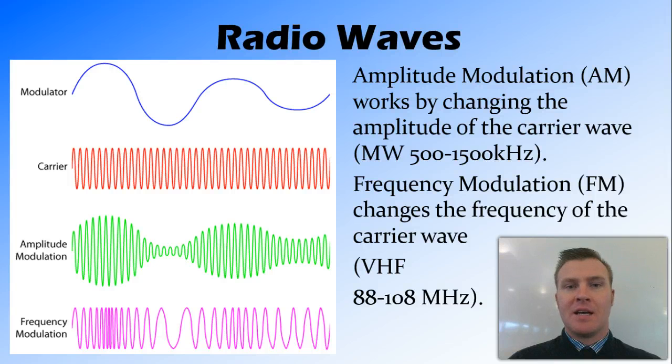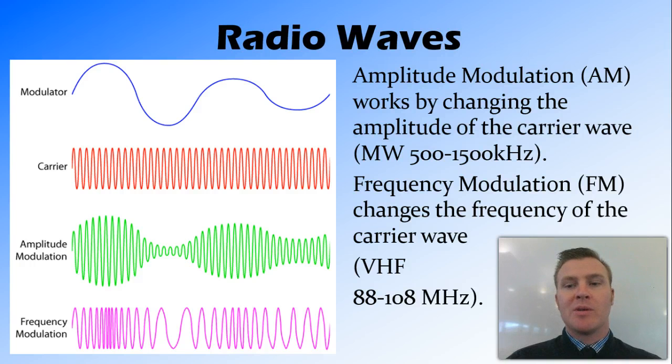There are two different ways that radio waves can be modulated into a carrier wave. The first is amplitude modulation, or the AM band. This works by changing the amplitude, or the size, of a carrier wave. So the carrier wave has the same frequency, but the size or amplitude of it changes depending on the modulated wave, or the original electrical wave. And these work in the medium wavelength